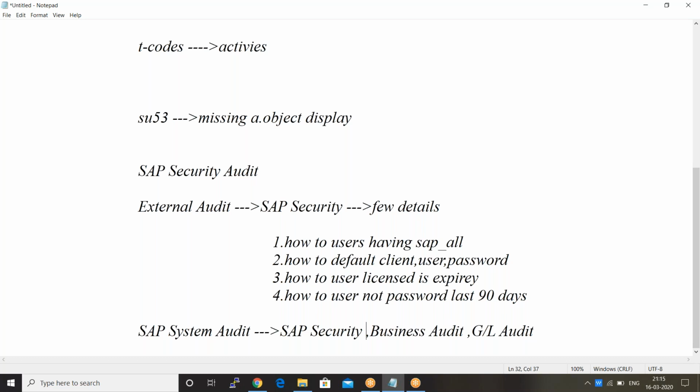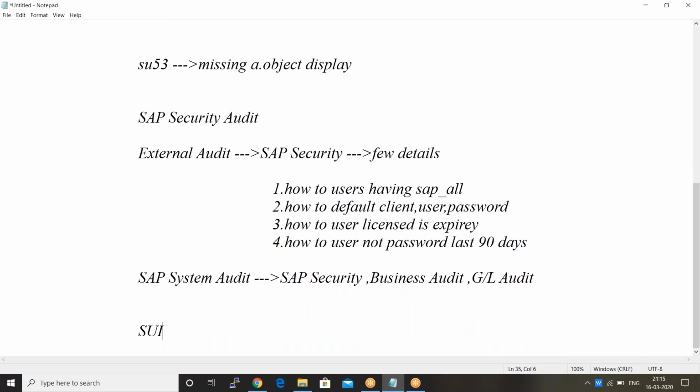So when I perform all this, how can I prepare the report? That is why SAP also provides a report using the transaction code SUIM, the User Information System. This can be done daily, weekly, quarterly, or externally. Anyway, it is my responsibility, so I want to prepare the report. Not only the report, here you can find the information: what kind of data is available for the user, and what authorization objects are missing.